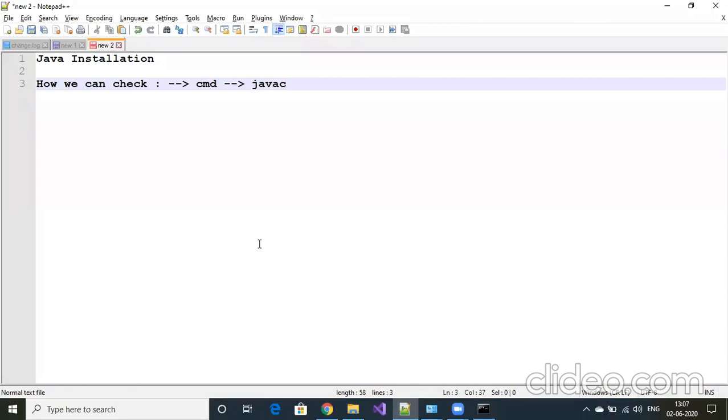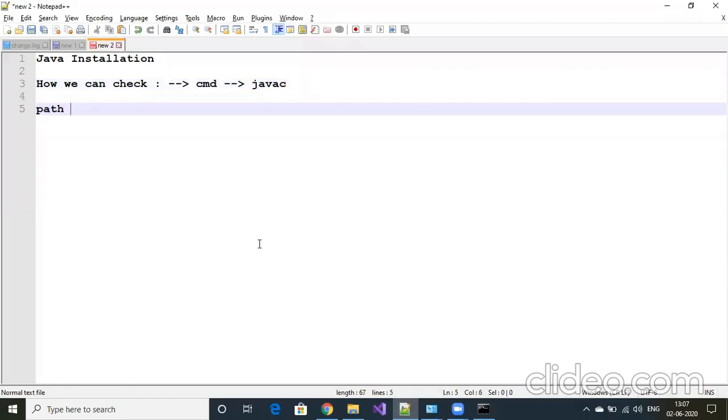Then some people will be asking me what is path and what is classpath. So path is an environment variable.